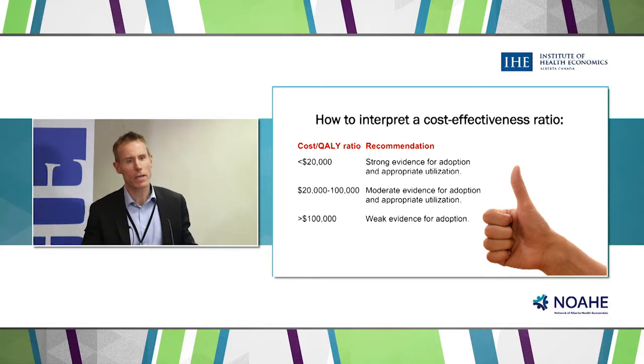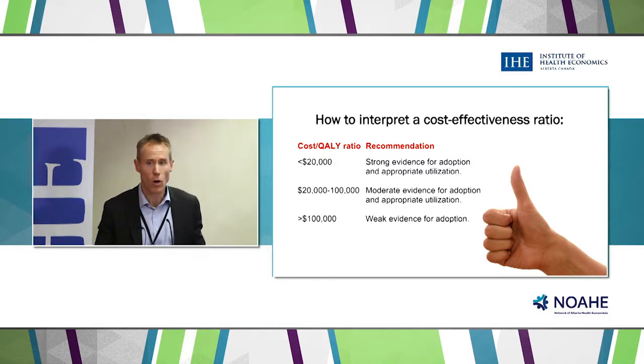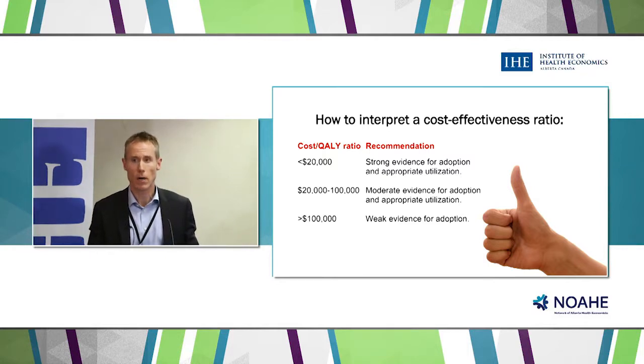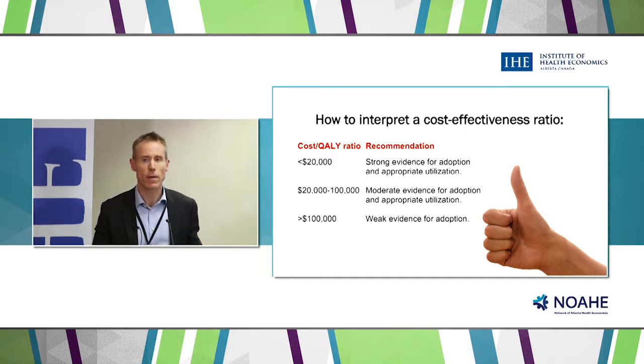But when we think about how one might interpret this cost per quality adjusted life year gained, there are some simple rules that have been put out there, based on Andreas Laupacis's observation of how these types of studies were used to determine what new medications were paid for in publicly funded health care. He simply observed that if the cost per quality adjusted life year gained was less than $20,000, those were almost always recommended for inclusion within publicly funded health care. If it was over $100,000, they were rarely ever recommended for inclusion. And if they were in that 20 to 80,000 per quality adjusted life year gained range, they may be recommended for funding depending on other